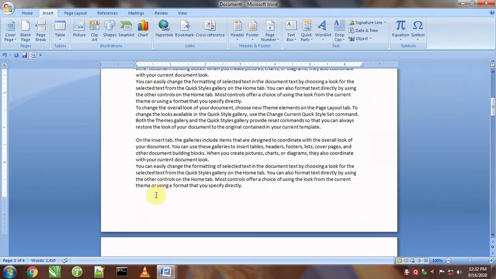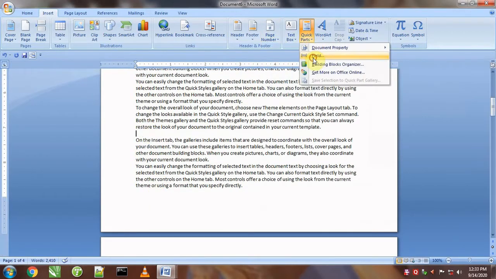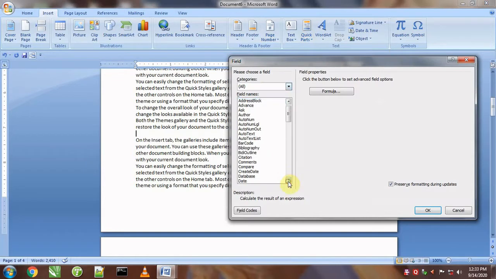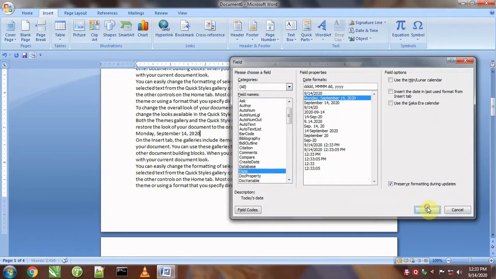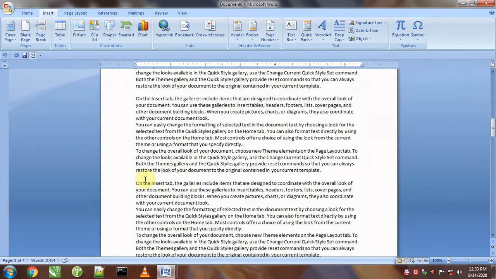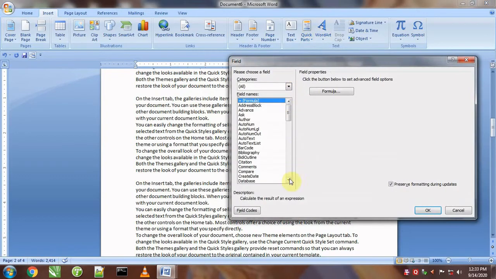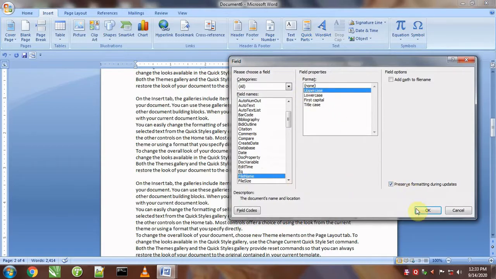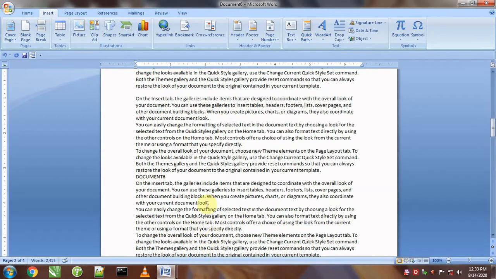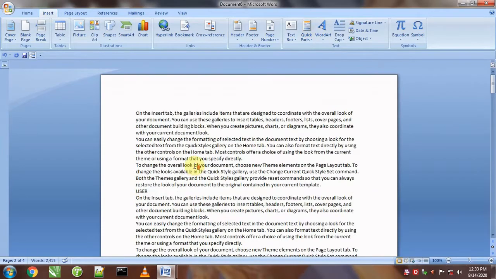Okay, next, date, like this. Next, file name. Okay, so like this I put some fields in this document.